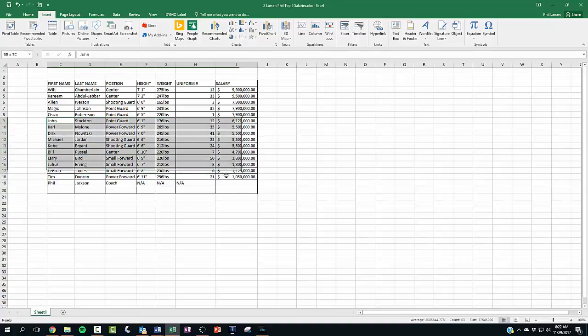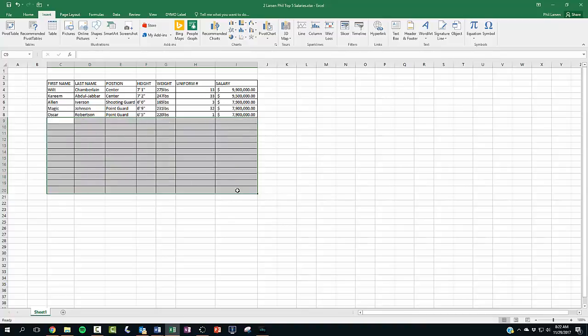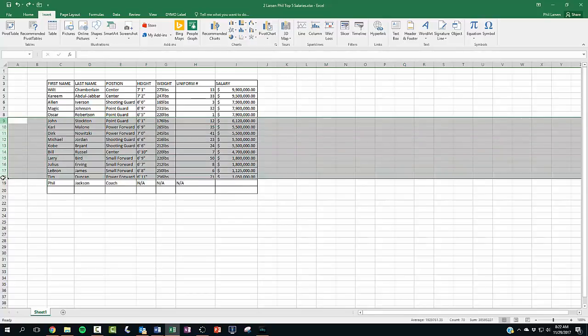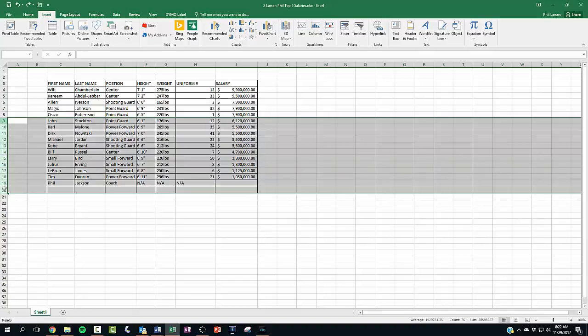There's 2 ways to delete. First, I could highlight all this and hit the delete button above my arrow keys, but I did not delete the entire row. And I know that because I can still see my grid lines. What I want you to do is actually go over here. You notice I get a little black arrow, and I want you to click and pull down on these numbers over here. Then you can right click on any of them. I'm going to right click right here and say